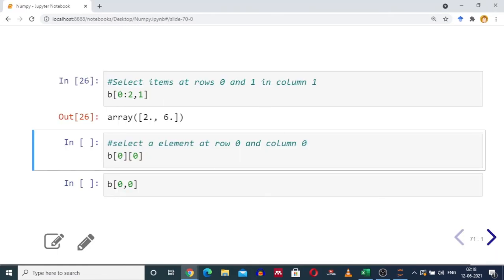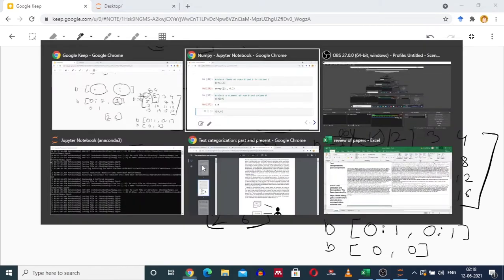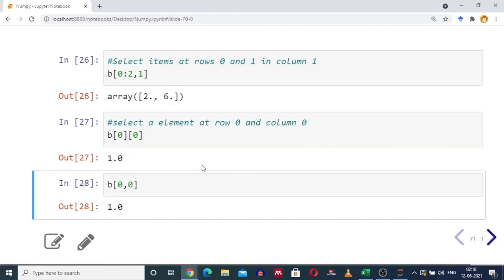So B of 0, 0. B of 0, 0 will give you the element at 0, 0, which is 1, and 0 colon 1 followed by 0 colon 1 will also give you the element which is 1.